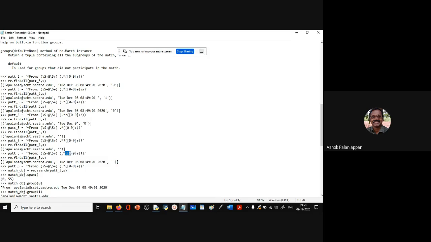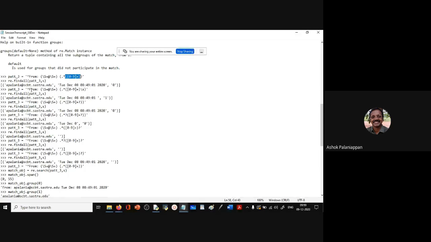So the last bracket is not matching anything. All right, so this is the meaning of the 0 and the 1. It is the third group that we are matching within the parentheses. Here we have 3 parentheses, of which 2 are nested. We have a nested parenthesis here, so there is an example of nested grouping. We have one parenthesis here, another parenthesis here, and then a nested parenthesis. So in fact, there are 3 groups, and findall will return all the 3 groups.